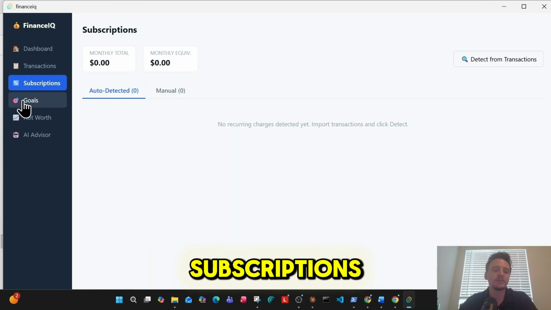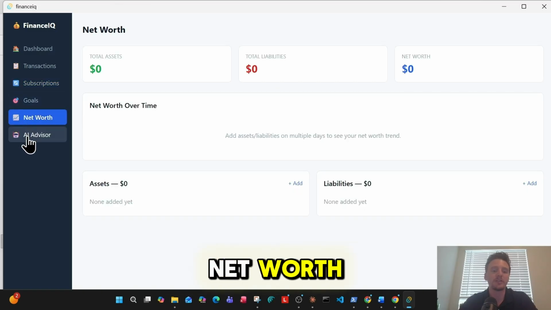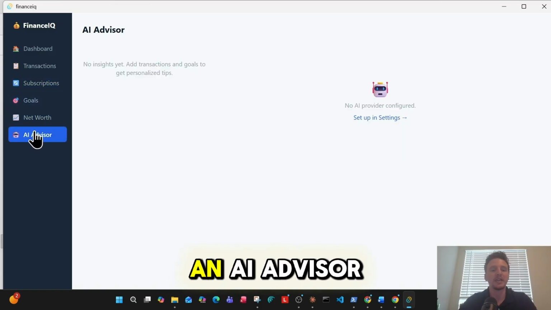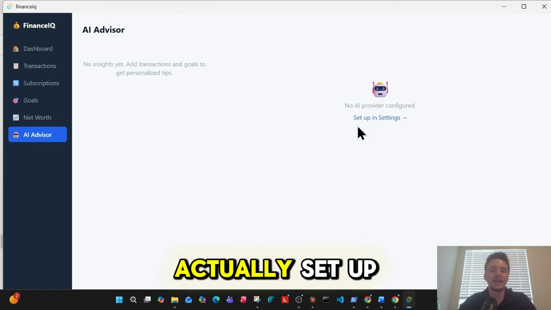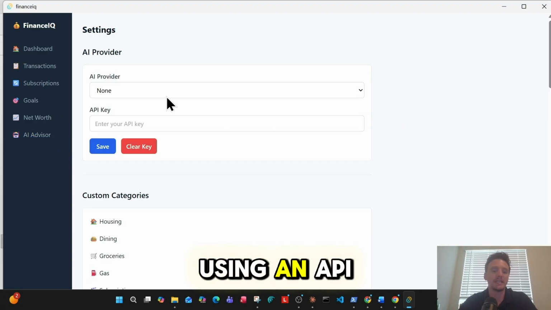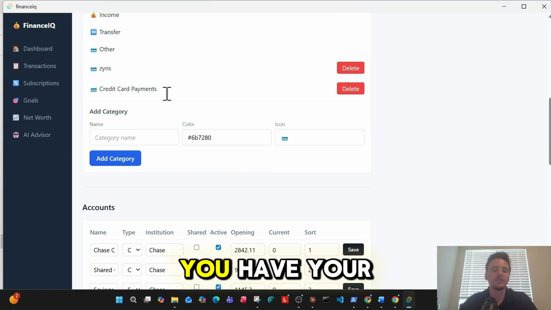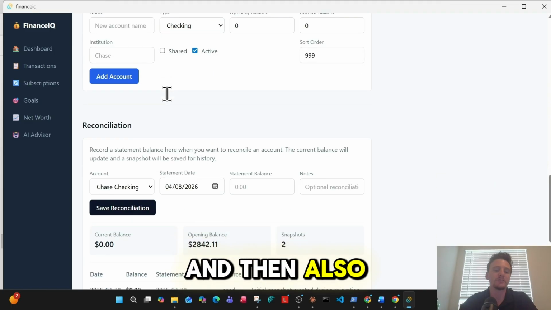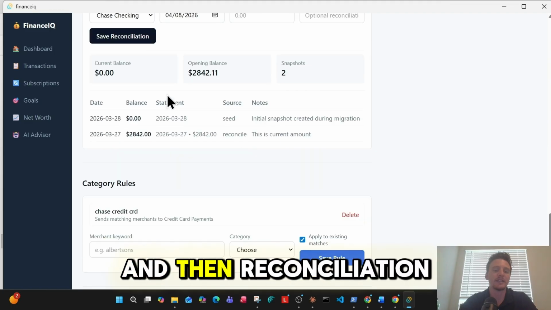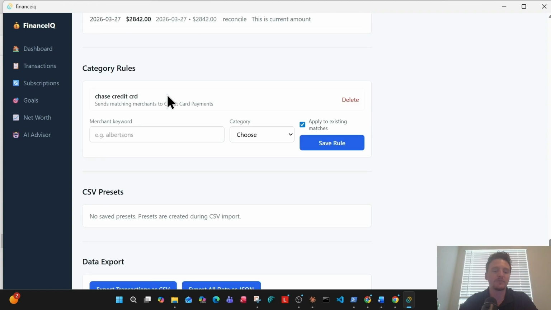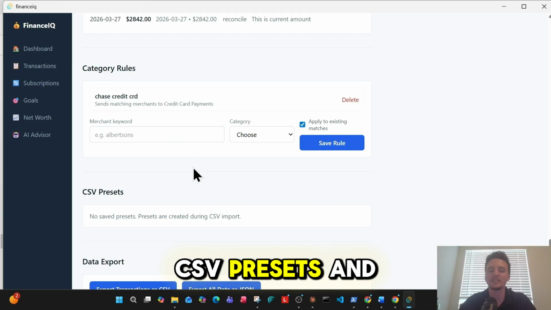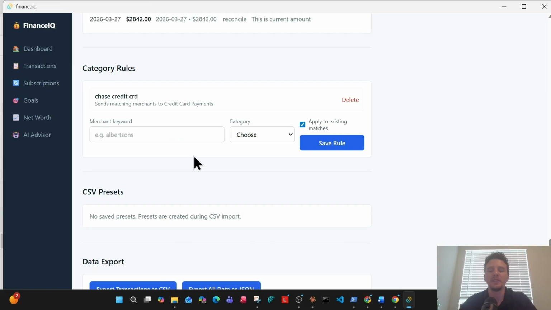You have your subscriptions, your goals, your net worth, and then also an AI advisor that you can set up using an API key. You have your custom categories and also accounts that you can add, and then reconciliation, category rules, CSV presets, and you could even export the data. And I created this all in a night.